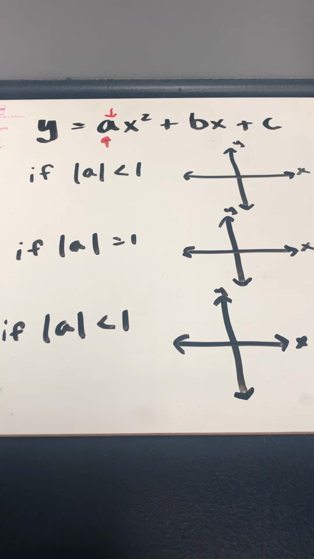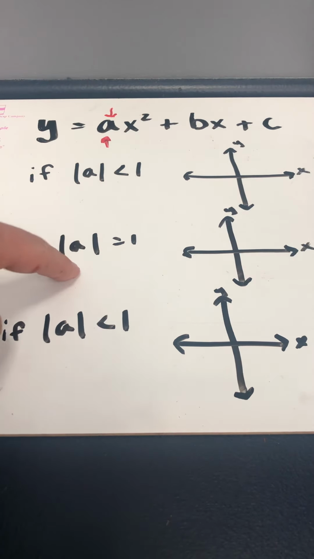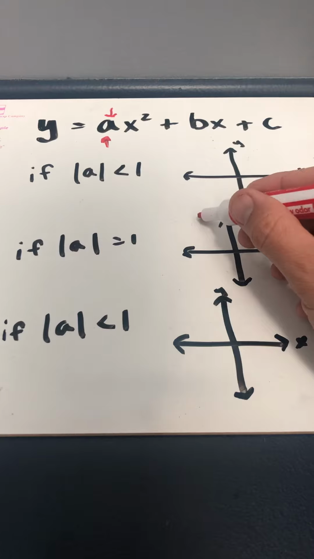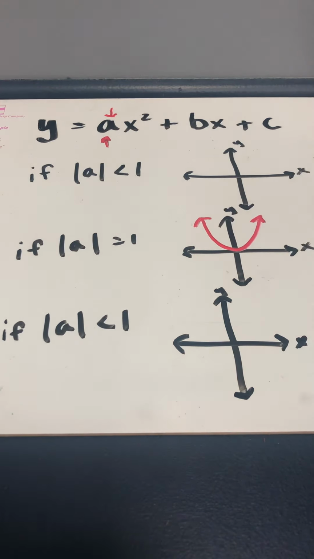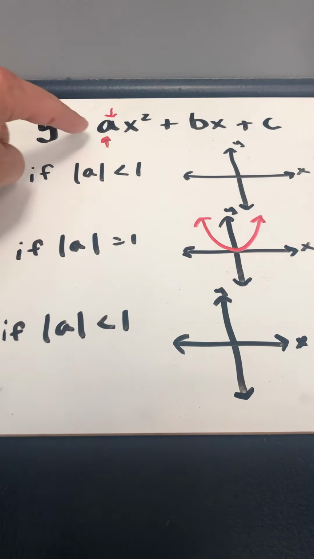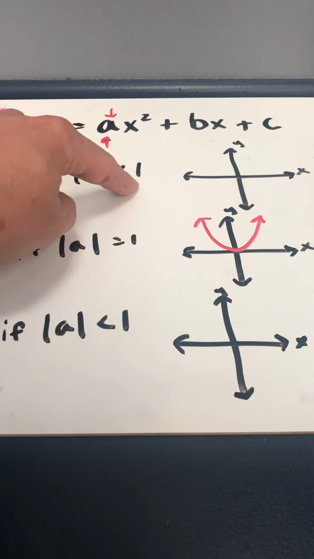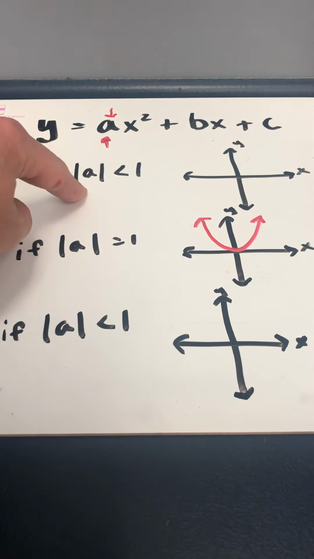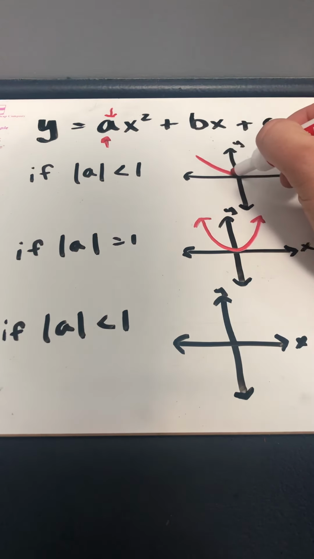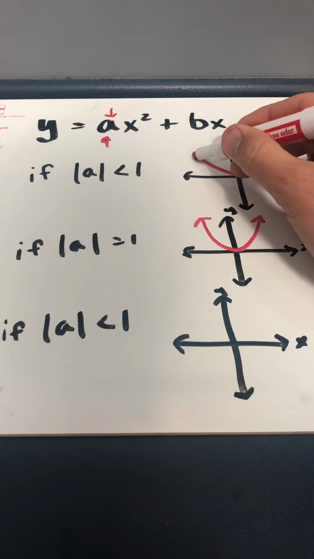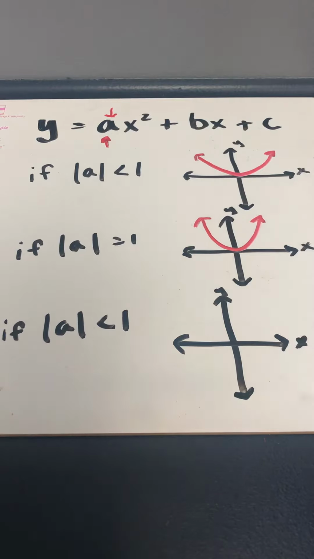So in the case where the a value, when we take the absolute value of it, is exactly 1, what we're typically going to see is just a regular width parabola. However, if we take that a value, take the absolute value of it, and that number is less than 1, and because we're taking the absolute value, that means the value would be between 0 and 1, what we're going to find is a much wider parabola. And that's because a vertical compression has taken place and compressed this graph, which gives the illusion that it is